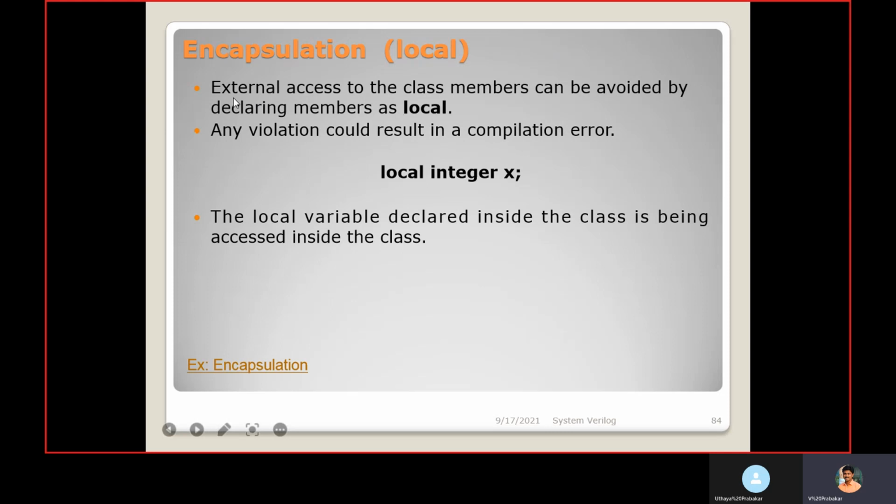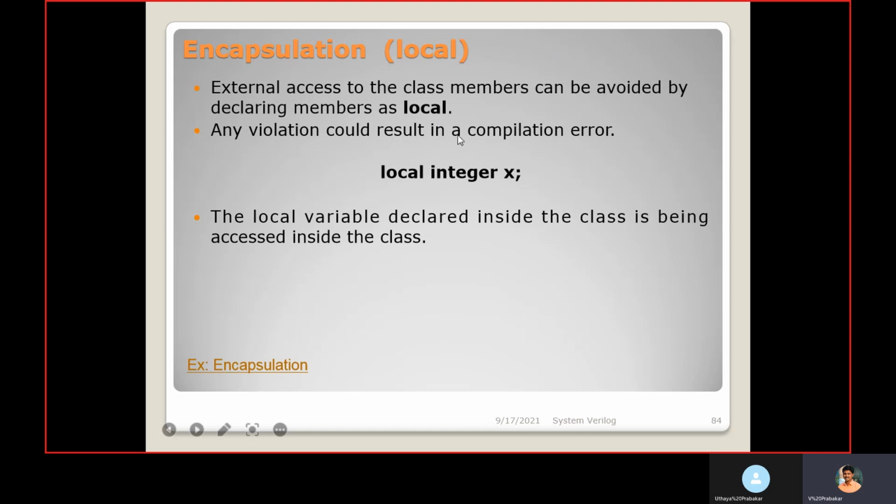Local keyword: the external access to the class member can be avoided by declaring the member as local. When you declare a variable or a property as local, only the class can access it; even its subclass, that is the derived class, cannot access it.